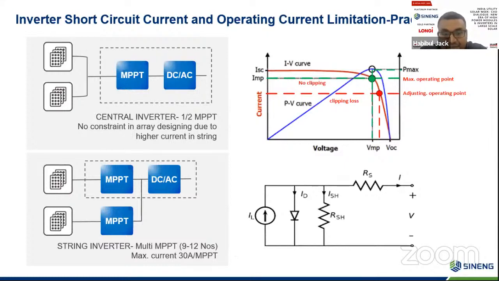MPPT current limitation of the inverter, actually what does it really mean to the inverter? When the current of string for string inverter or array for central inverter exceeds the MPPT current limit, it will move the MPPT knee point down to the lower part of the curve, and because of that, power will be clipped. Though the inverter with the lower MPPT current rating will operate, we cannot harness maximum power from the string or array, and ultimately we will lose some power.